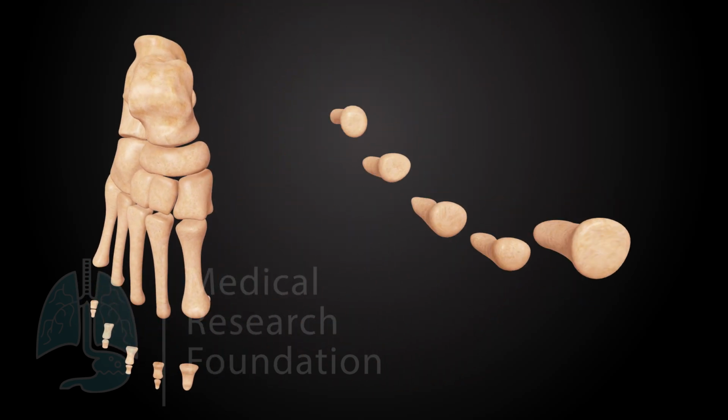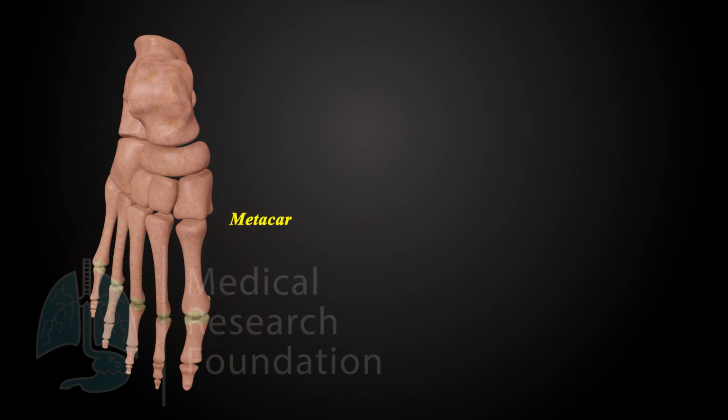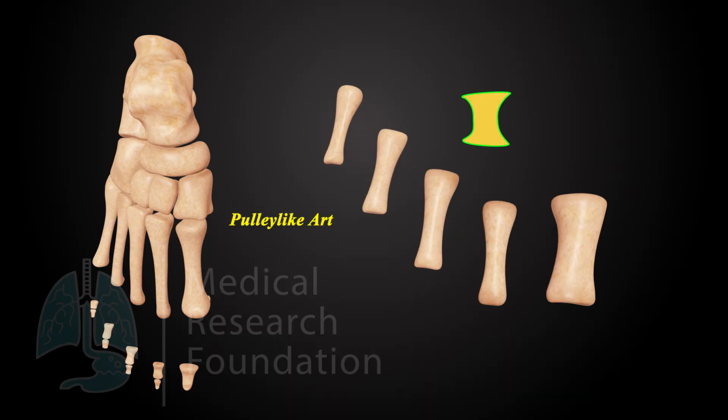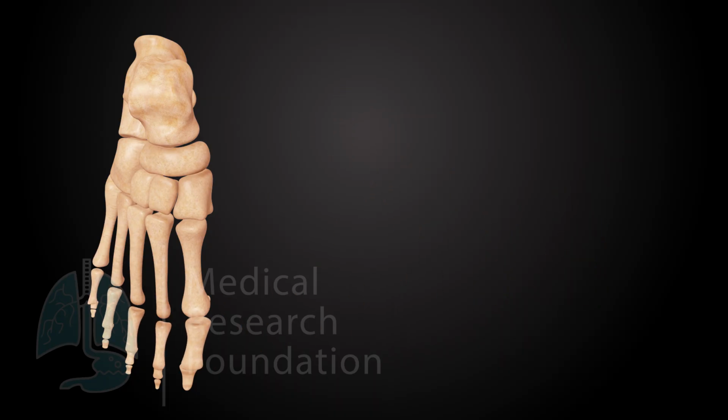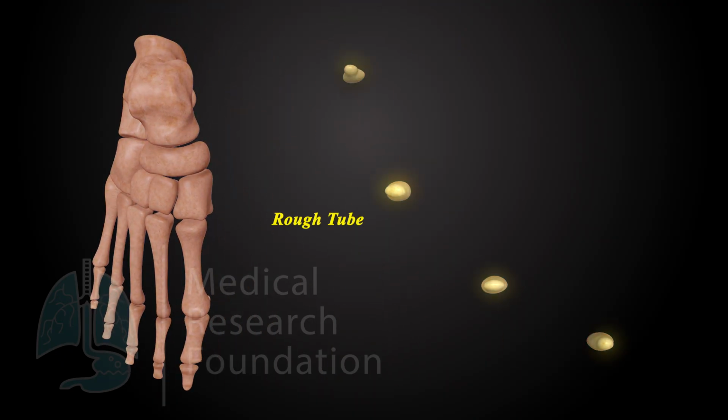The base of the proximal phalanx presents a concave facet which articulates with the head of the metatarsal bone to form the metatarsophalangeal joint. The distal end of the proximal phalanx presents a pulley-like articular surface and articulates with the middle phalanx in the lateral 4 toes and with the terminal phalanx of the first toe. Thus, lateral 4 toes possess 2 interphalangeal, IP, joints, proximal and distal, and the great toe possesses only 1 IP joint. Both proximal and distal articular surfaces of the middle phalanx are pulley-shaped. The distal phalanx of each toe bears a rough tuberosity